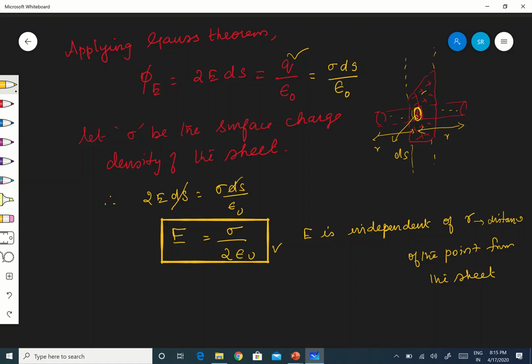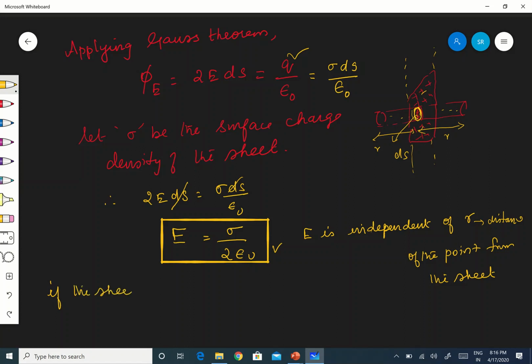Okay, this is a case when it is not an infinite sheet, but it is large. Therefore, this expression is true only in the middle region of the sheet, away from both the sides, and our distance is not very much far away from the sheet. Okay, right. Now,